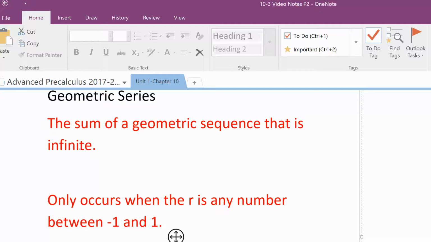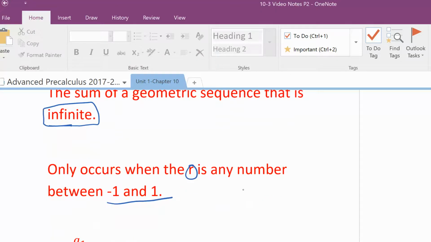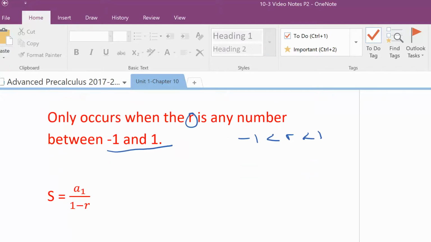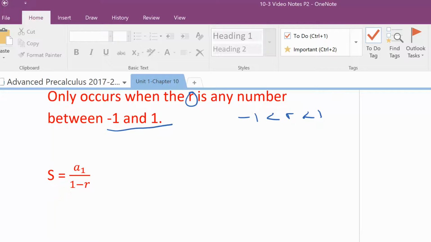And that is the only time you can find the sum of an infinite geometric series. So the ratio is going to have to be between -1 and 1. So basically, if r is between -1 and 1, then you can find the sum of the infinite geometric series